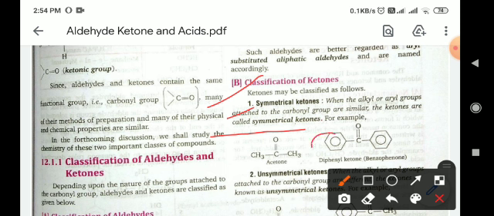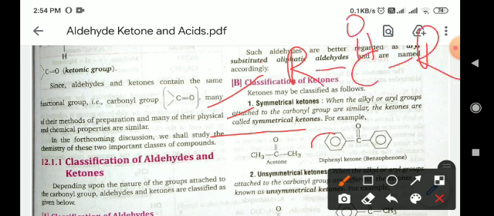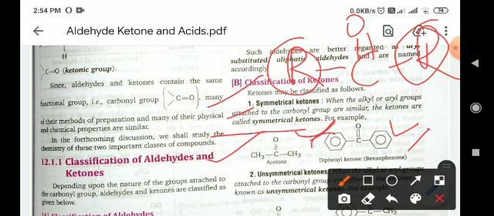As we know, ketones have the general form RCOR. When the same group is present on both sides, they are known as symmetrical ketones. Here you can see that in place of one alkyl group there is a benzene ring, and in place of the other alkyl group there is also a benzene ring. So these types of ketones are known as symmetrical ketones. That is known as diphenyl ketone, and this is known as acetophenone, in which the same alkyl groups are attached to